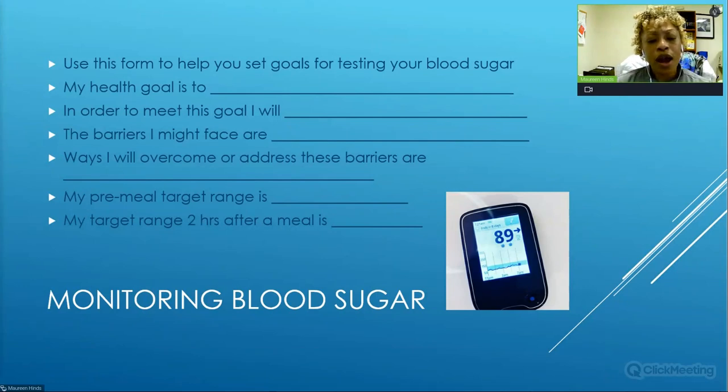Again, before your doctor, though, look back to see if it's possible that you're maybe eating way too many carbs at mealtime. So maybe if you're high before lunch, look back to see, is it what I had at breakfast? Did I not take my medicine at breakfast? Was I late to take it? Once you rule those out, then you can definitely share that information with your doctor to see if maybe an adjustment is needed with your medication.